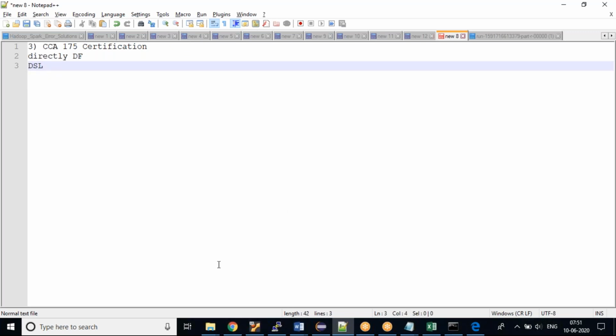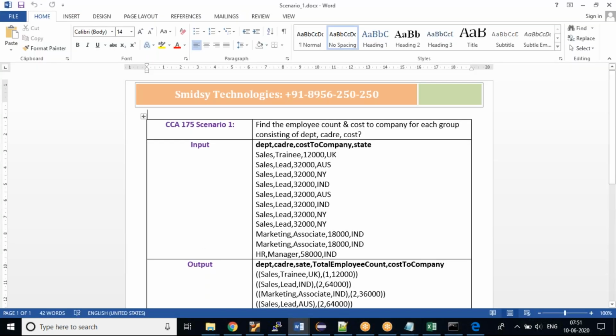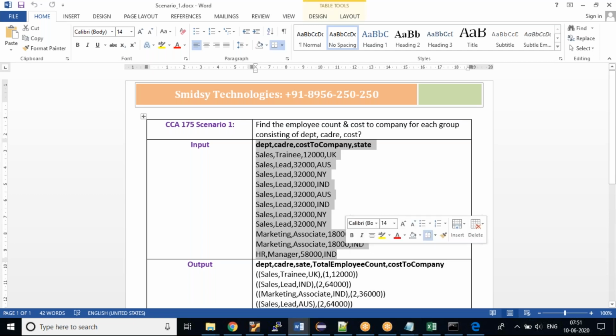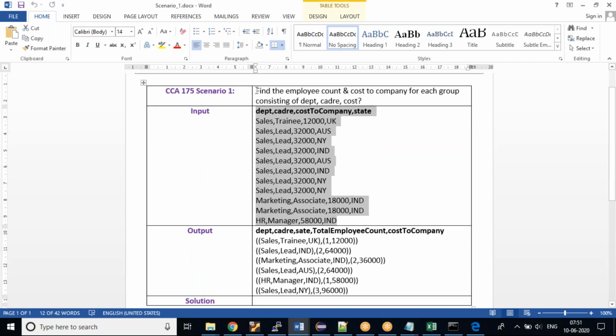So let's see that. Let me go to the scenario and understand first what it is asking us to achieve. This is the input. I have the header and I have the data set, and this is the output which we need. What we need to achieve is to find the employee count and cost to company for each group.